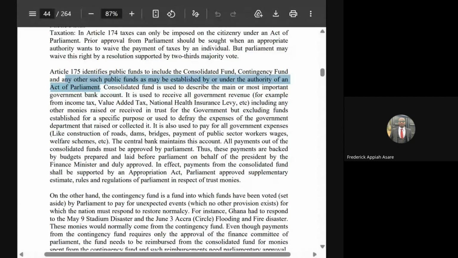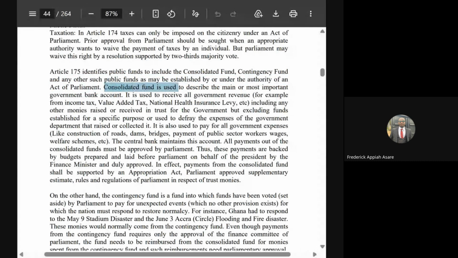Some funds were also established when they go for a loan. Mahama also established such a fund. When they go for a loan, they will open what they call sinking funds, where they will be putting money so that when the loan matures, the sinking fund will also be matured. Then they take the money from the sinking fund to go and pay off the loan that they went for. So those were also funds that Parliament realized were going to help the country. That is why they established such funds. So basically, there are three funds. We have the Consolidated, the Contingency, and any other fund that the Act of Parliament will deem right.